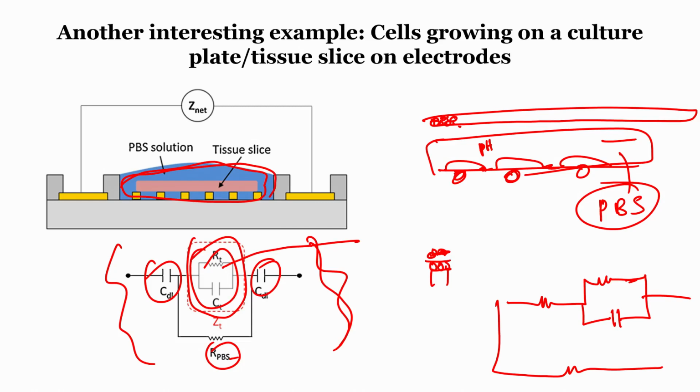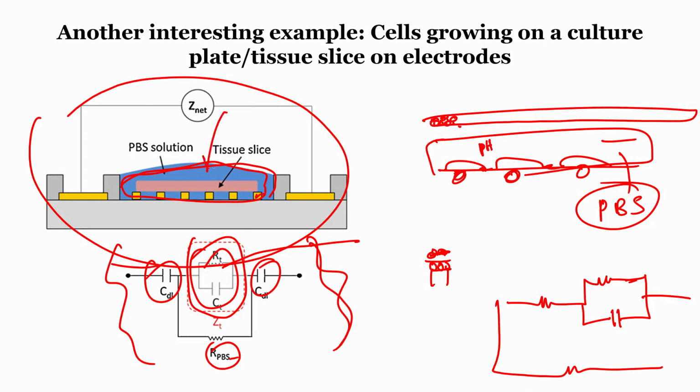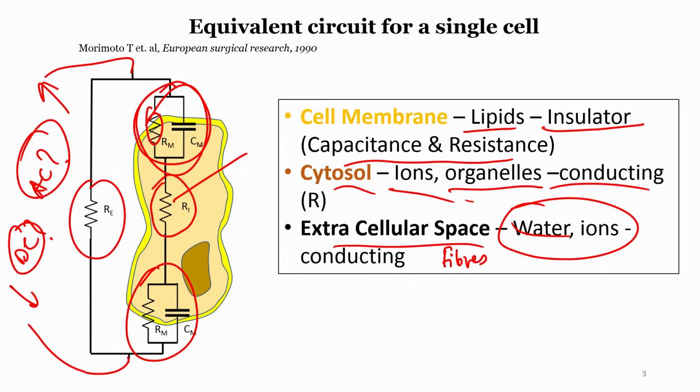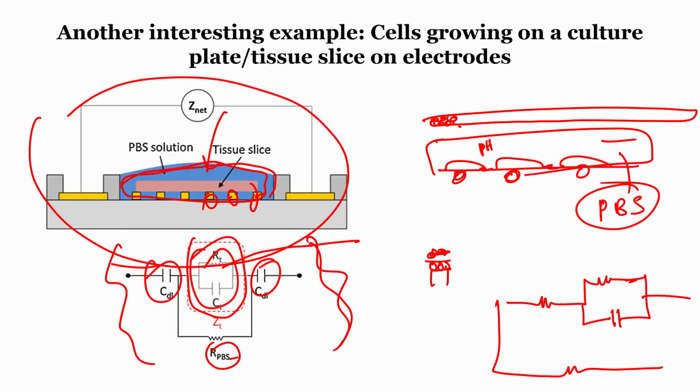Okay, this is how you model different types of cell organizations for different biomedical applications. This is a biomedical application where we are trying to measure a monolayer of cells on an electrode, and if let us say we add some drug to kill the cells, how will the electrode measure the impedance, how will it change. This is how biomedical systems can be built from first principles, and the first principles we have covered now. All the first principles: frequency dependent behavior, DC behavior, what is a resistor, which part of the cell is a resistor, which part of the cell is a capacitor, all these things we have covered.